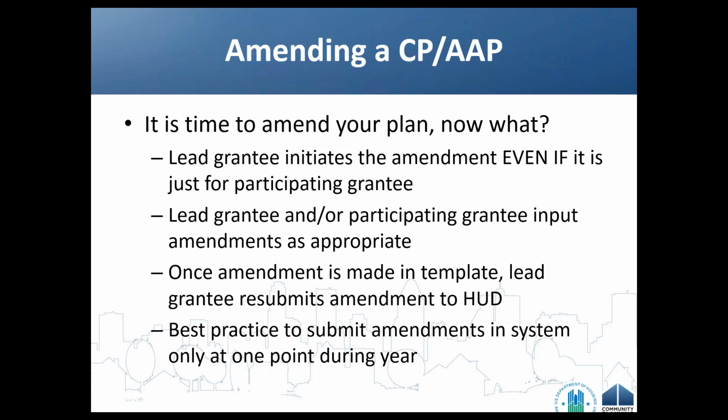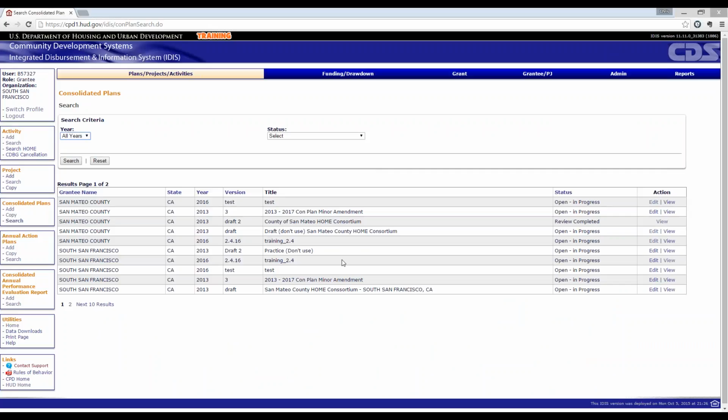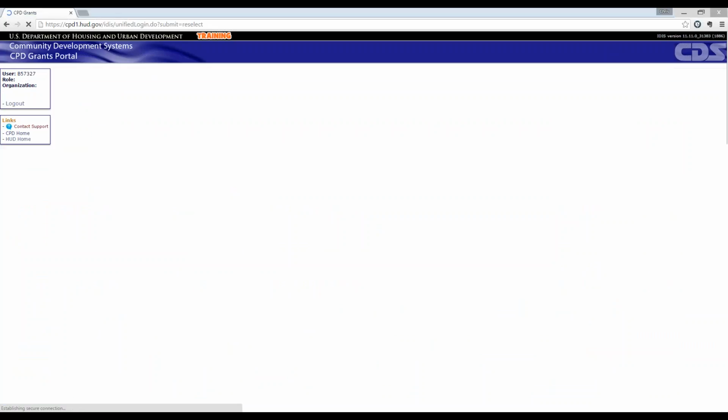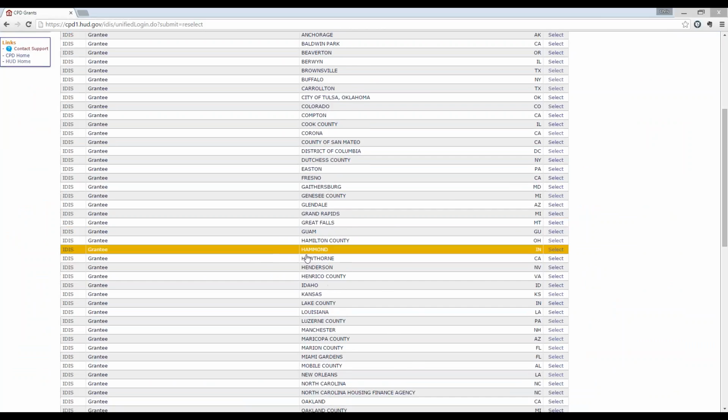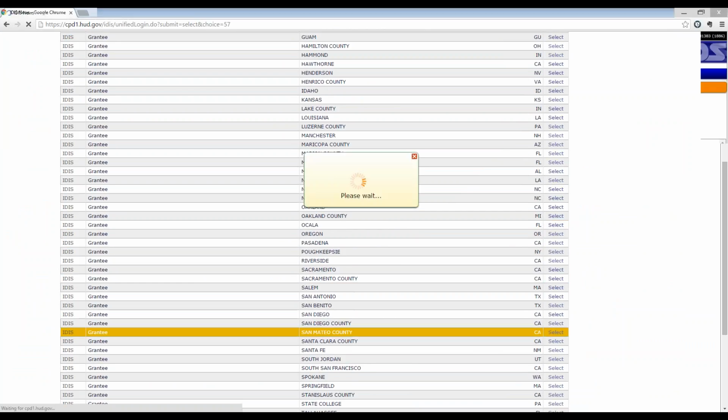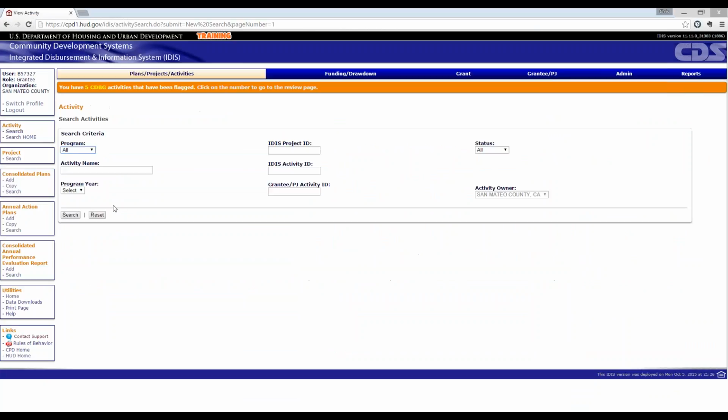So we're going to just go through and look at how to do this quickly in IDIS. So we'll come in, and I'm actually going to switch back to San Mateo County here. The first step of making your amendment is to make sure that you know which plan it is that you want to amend.